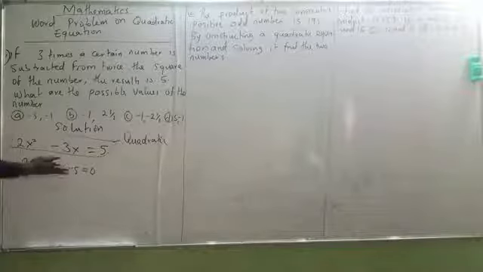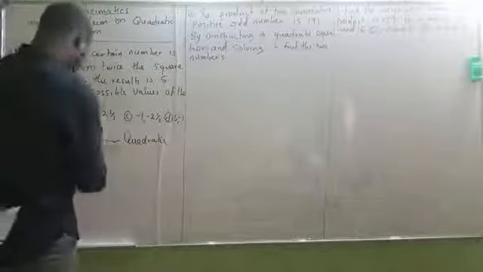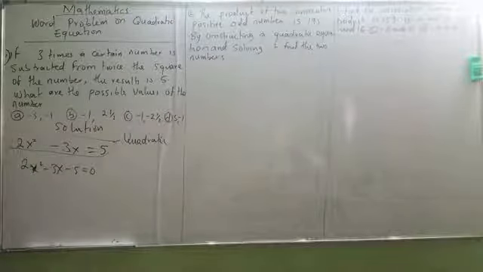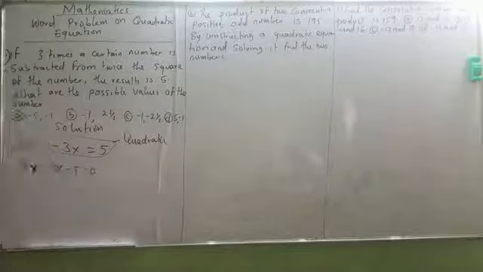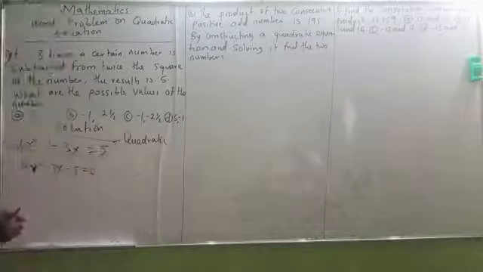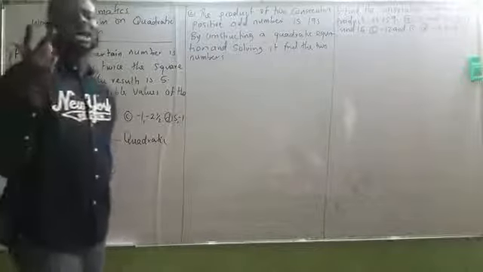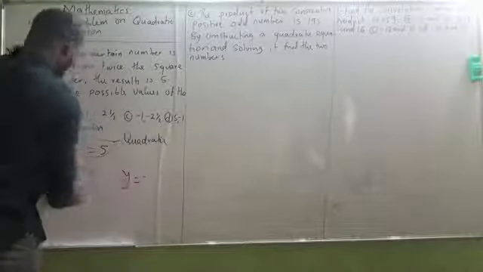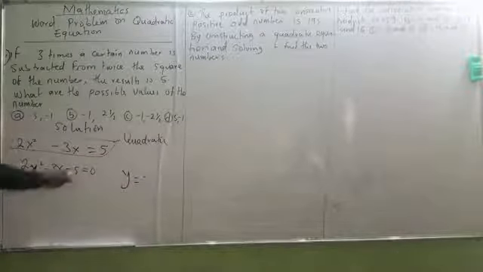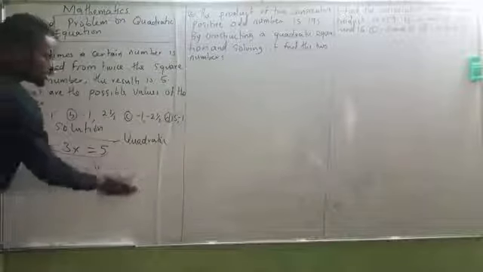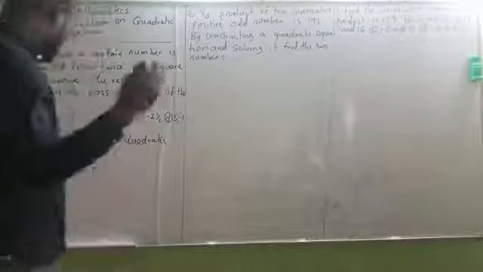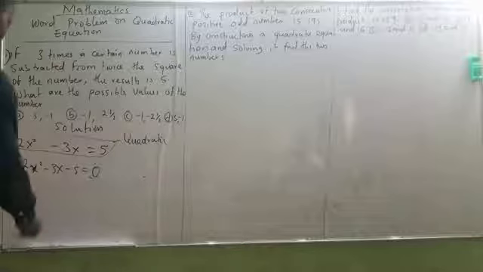The other one is the formula method, the general quadratic formula, which is derived from completing the square method. You all know that it's already on our channel. The last one is the graphical method, the simplest one. But the limitation of using the graphical method is that it must have 2 variables, one dependent and one independent, like y equals something. If I have y equals something, I can run into the graphical method. But if it is equals to 0, it is not allowed. We have it already on our channel.